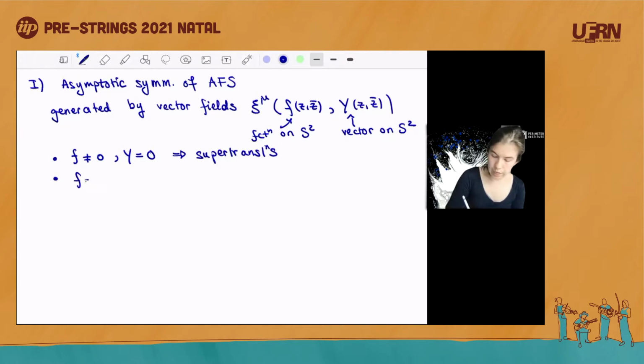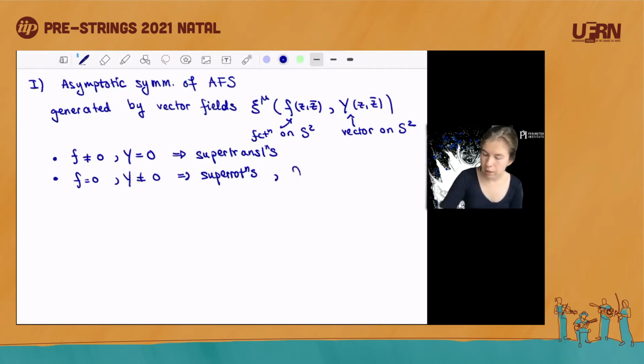While if one sets f equal to 0 and leaves y arbitrary, these would be super rotations. But in fact, what one finds from an asymptotic symmetry analysis is that these y vector fields are not arbitrary. They actually have to obey the following conditions, that